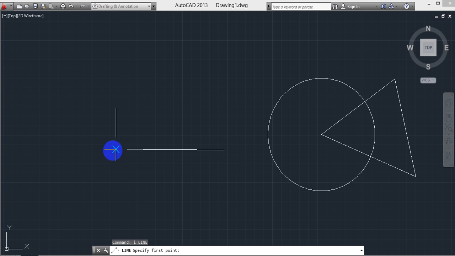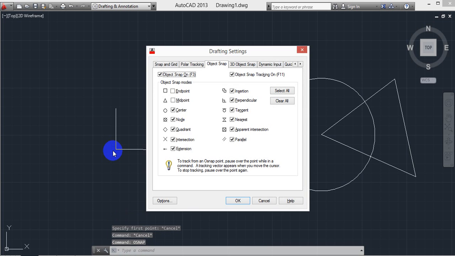Previously it was showing the intersection point, so intersection is selected but endpoint is not selected. Again go for OSN, object snap, enter. Here the intersection point is selected, that's why endpoint and midpoint show.